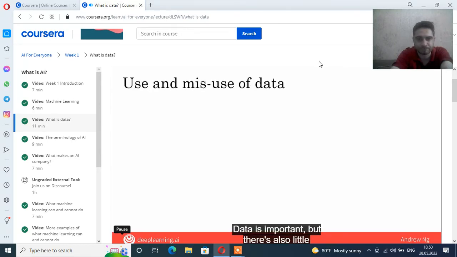Data is important, but it's also a little bit overhyped and sometimes misused. Let me describe to you two of the most common misuses or the bad ways of thinking about data. When I speak of CEOs of large